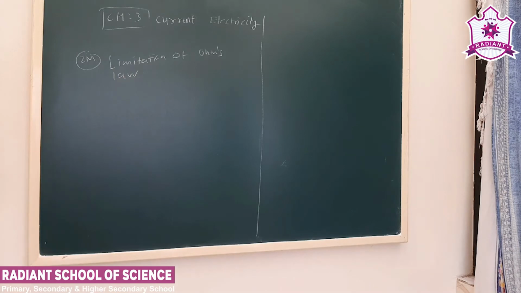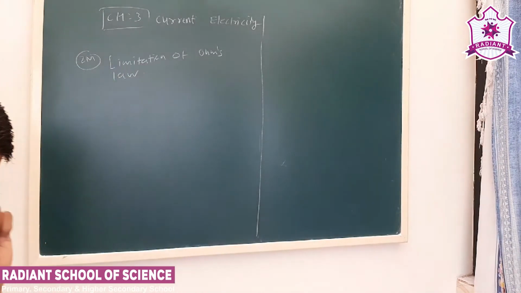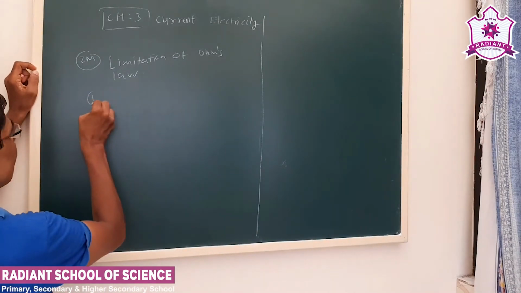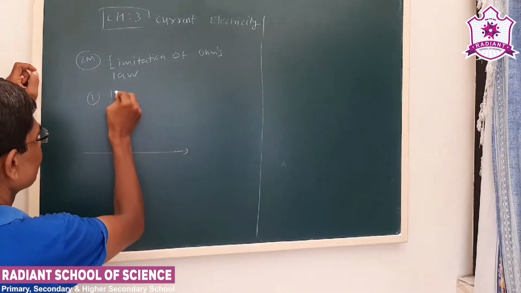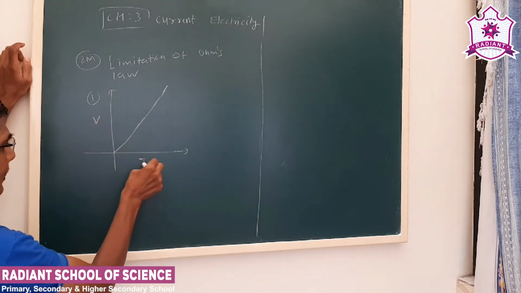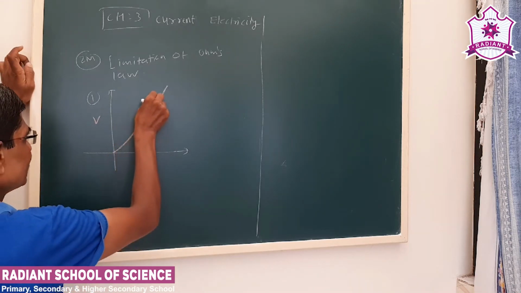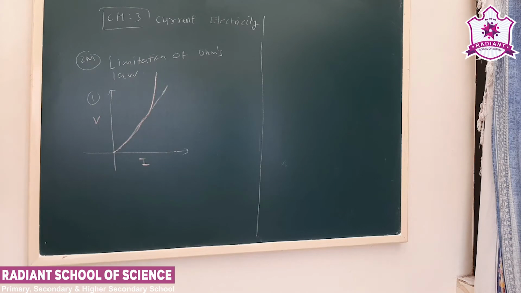Ohm's law, we see there is a linear relation between voltage and current in the definite temperature range. This is the linear part, the linear relation between voltage and current. But beyond some temperature range, this graph will be non-linear. So outside that particular temperature range, Ohm's law will not be obeyed.